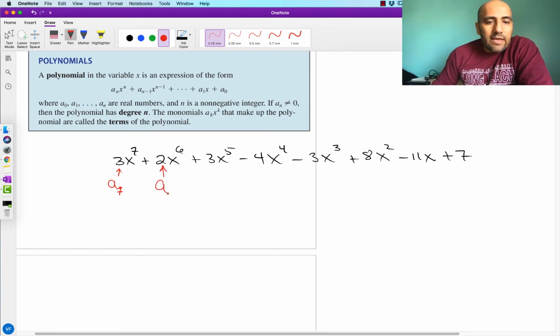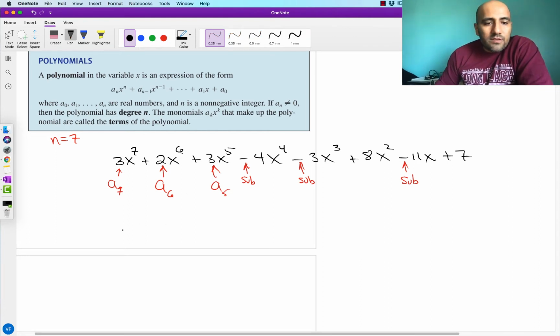This is a sub 6, this is a sub 5, right? So in this little example here, we're letting n equal 7. It's a 7th degree polynomial in one variable. Okay, hopefully that's clear. And then if I wanted to list out the terms, even though this is referring to subtraction, this one's referring to subtraction, and this one's referring to subtraction, then if I wanted to